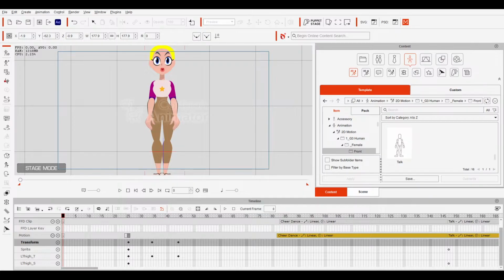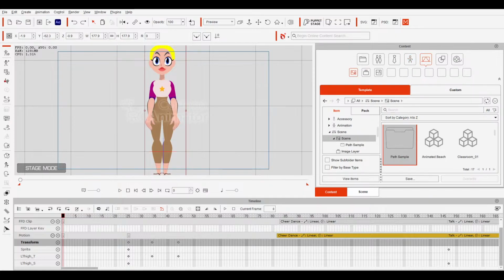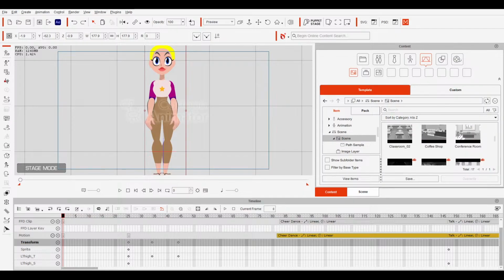You'll find a forest folder under props that contains a number of individual props that make up the forest scene. You can quickly